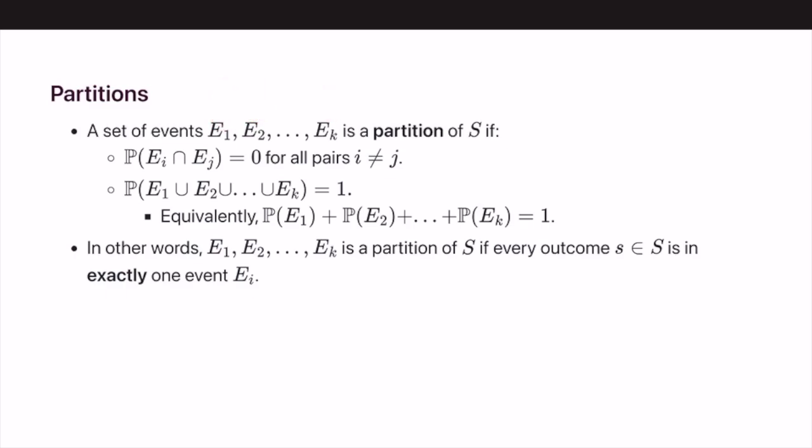I'll just write this. So S is our sample space. It's a partition of S if two conditions hold. One is that the probability of the intersection of Ei and Ej equals 0 for all pairs where i doesn't equal j. So what this is really saying is